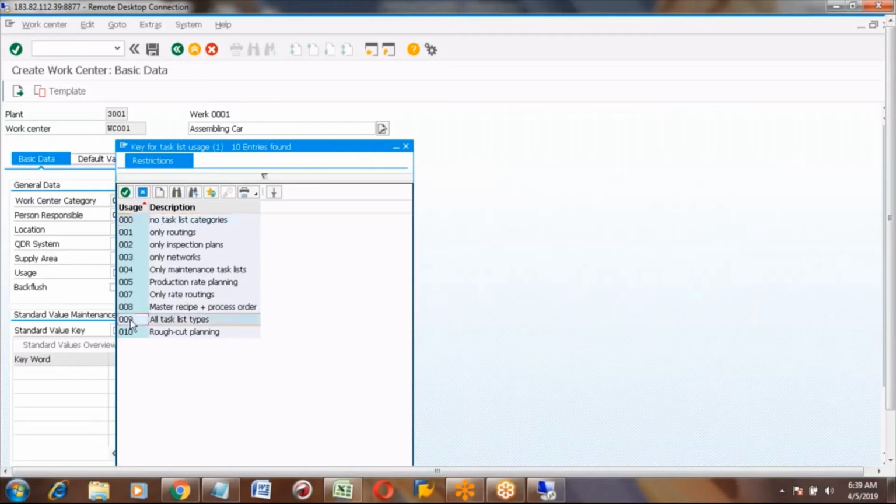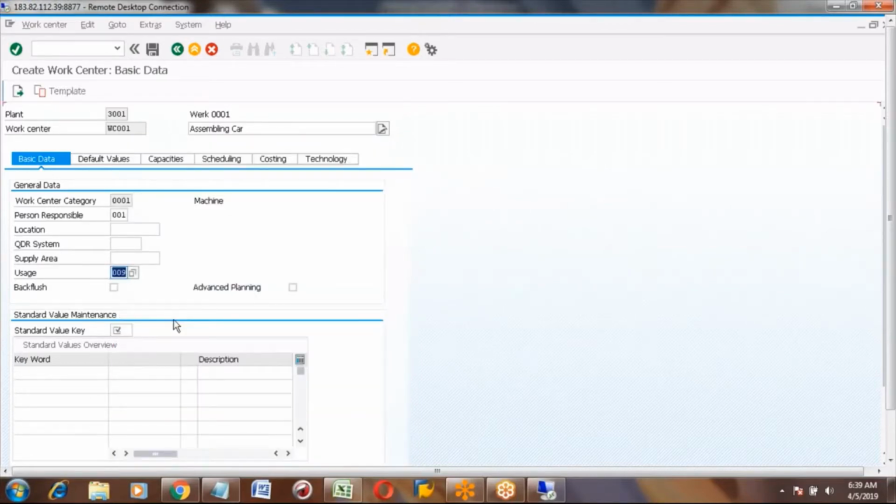Generally we will maintain this as 009, all task lists. So this work center can be used in routings, in inspection plans for the QM module, networks, maintenance tasks for the PM module. So generally we can select 009, all tasks.